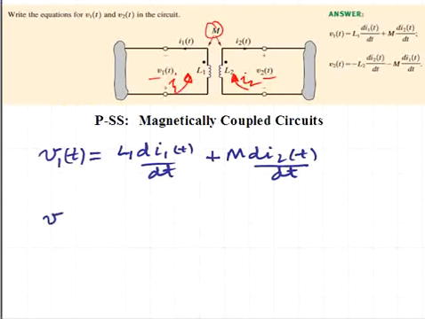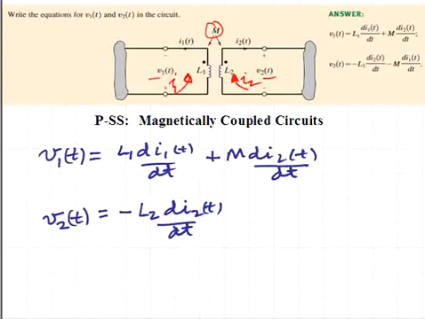Now for the second voltage, the V2(t) term, we notice that the current enters the end of the inductor L2 at the negative terminal of the labeled V2(t) voltage. So this means that we will have a minus L2 di2(t)/dt self-induced voltage,